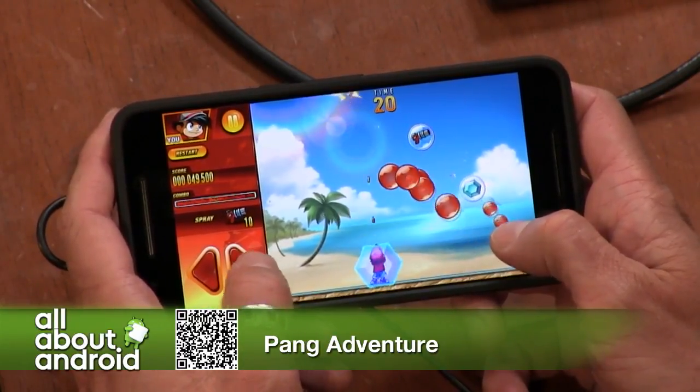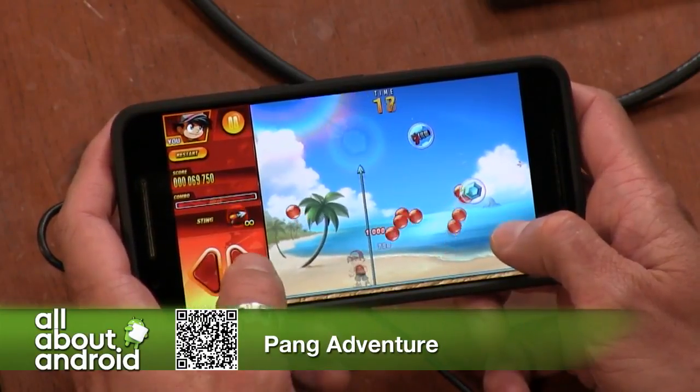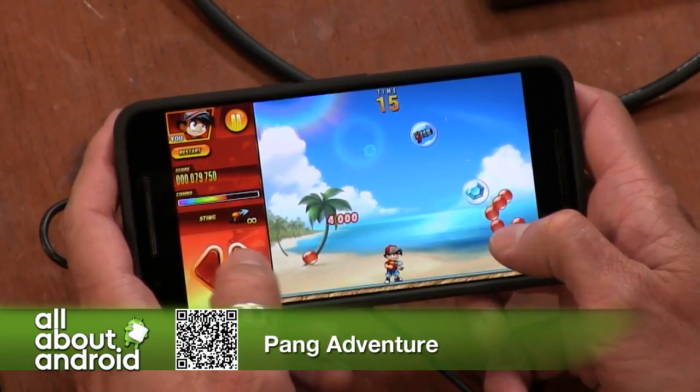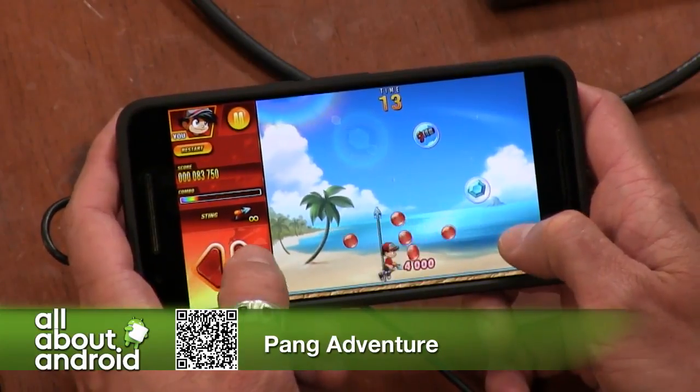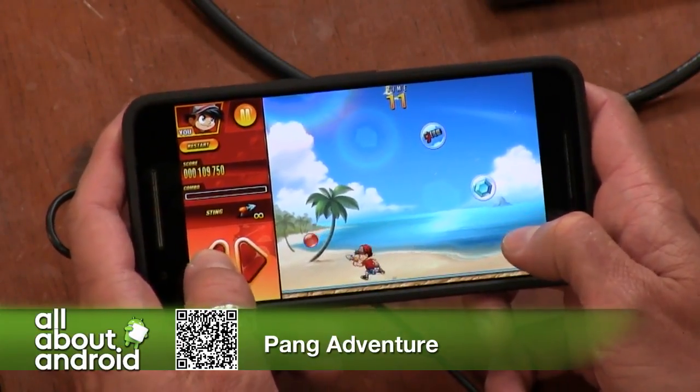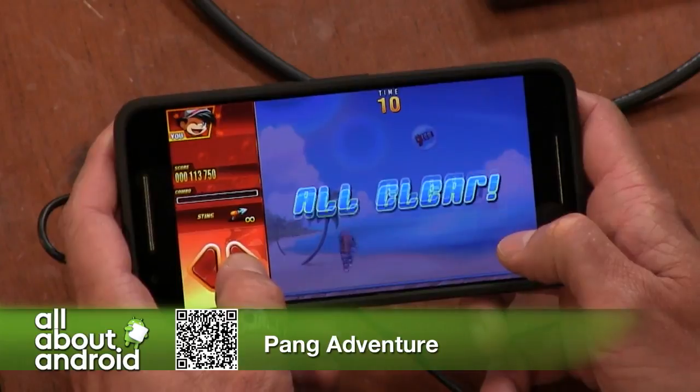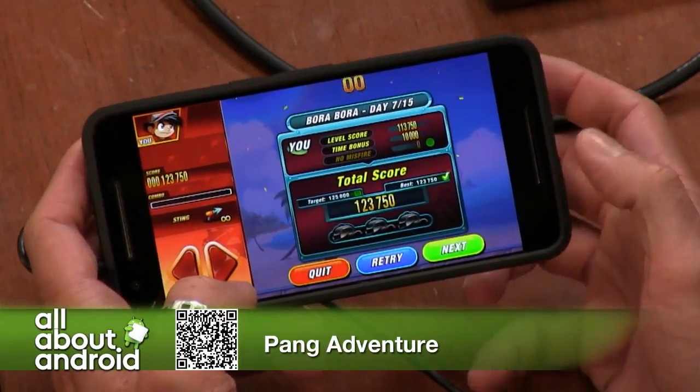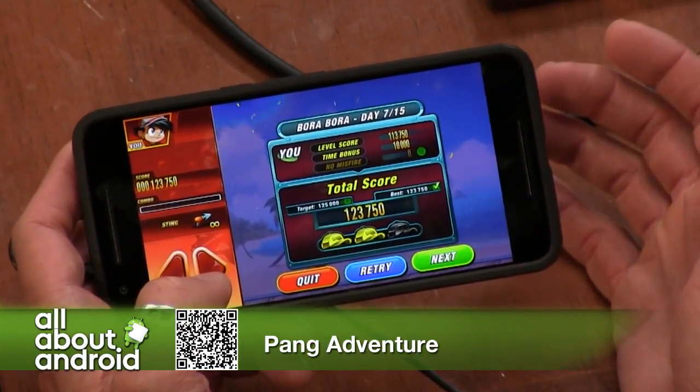And so you've got different power-ups, different weapons. Some of them shoot up like that. Some of them attach to the ceiling, and you can throw a couple of them. I'm really trying hard to not die. And yay, all clear. It's just good kind of arcade-style fun.